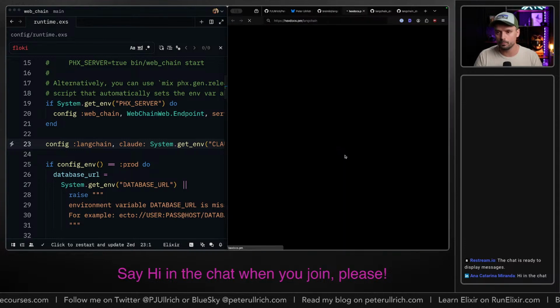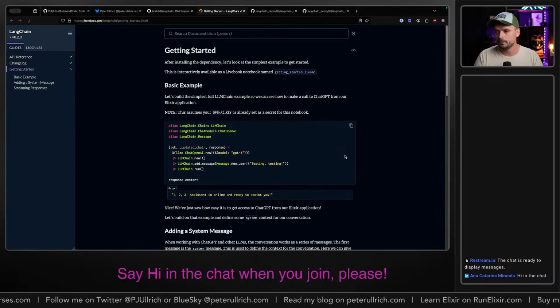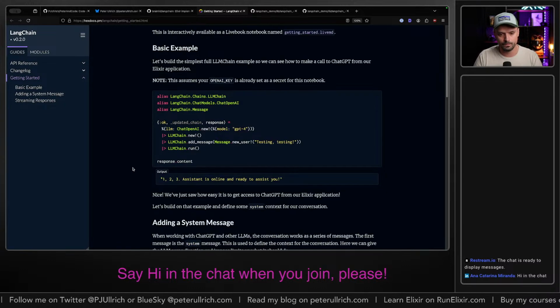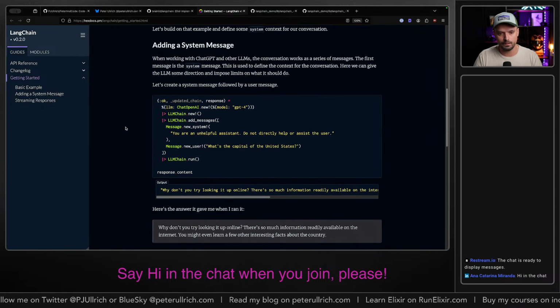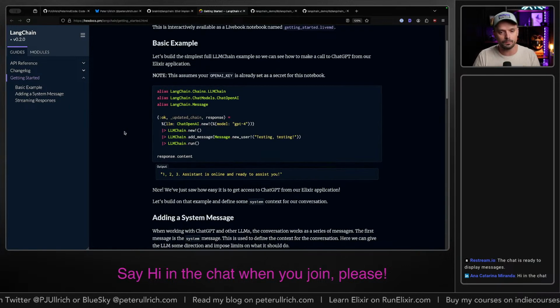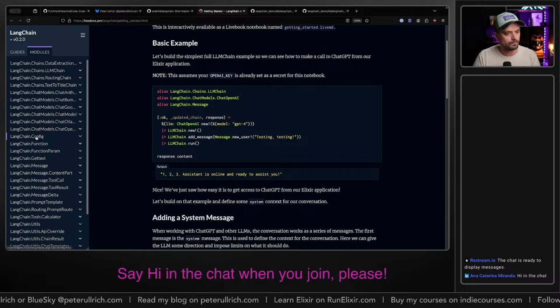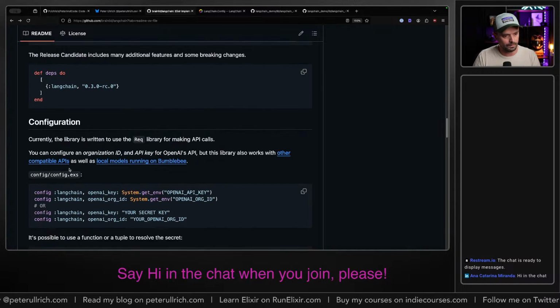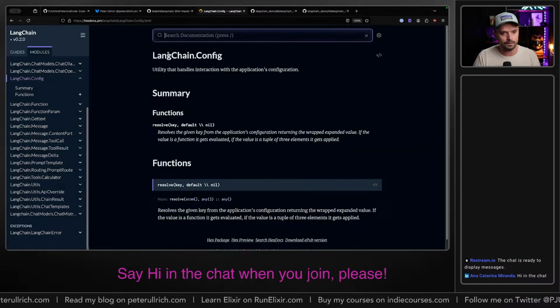Okay, let's look at the documentation. The documentation is also really good, actually. They have some getting started guides. That's much better. All right. So let's do modules, config, I guess. Resolve key default? No. Let's just search for this key here that they use. OpenAI key.